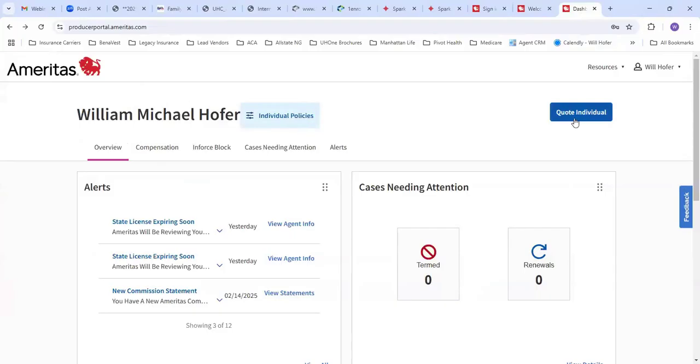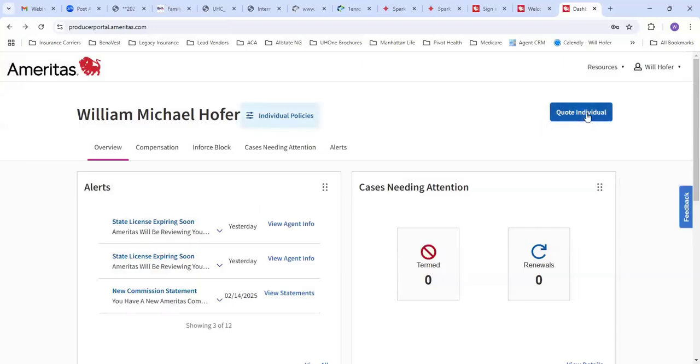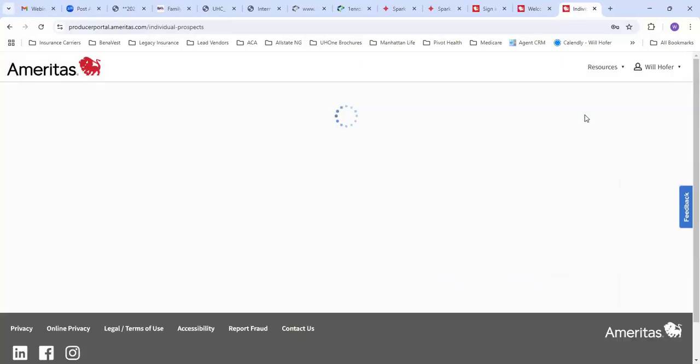I have it set here on the right to show quote individual, because I don't really do group. But you can change these settings, where it shows individual policies, with an icon with three lines here. You click on it, and you can set it up so it does group only, individual only, or shows both group and individual. Mine is set up for individual. Once I click quote individual,